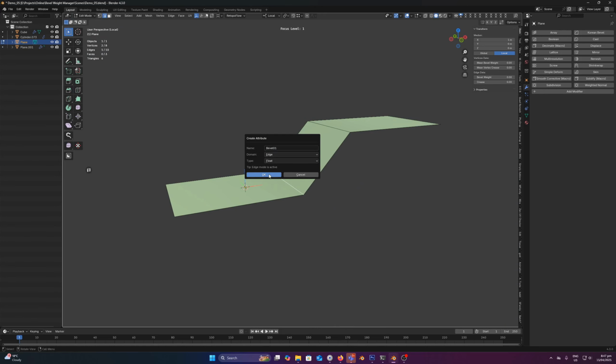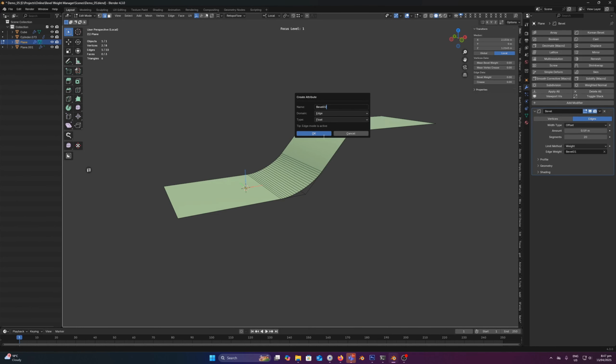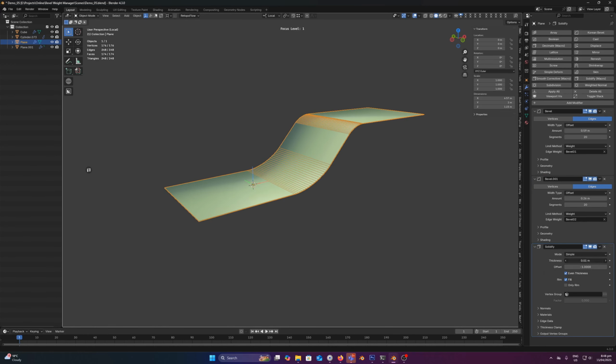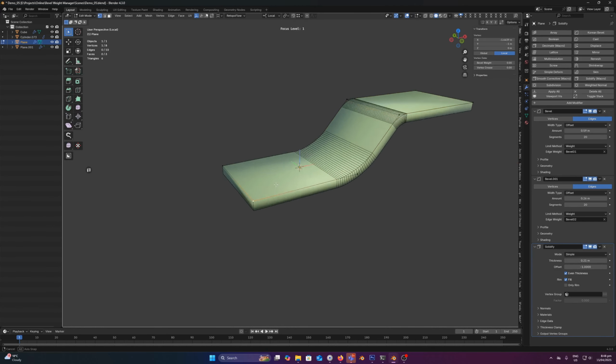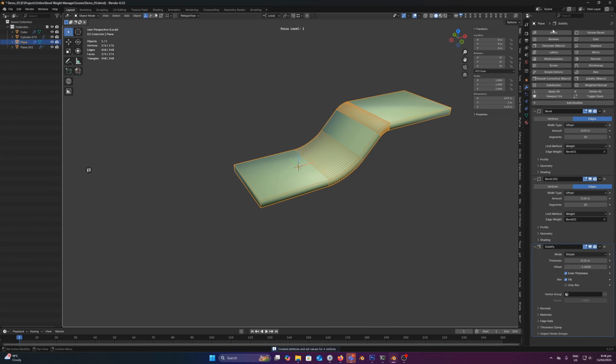Again, just set this on the edge domain. Create a bevel modifier. Exact same thing. Just duplicate this. Set that to 02. And then if you want, you can stack on a solidify modifier. And we could even weight these as well. So we'll set this on the vertex domain. We'll create